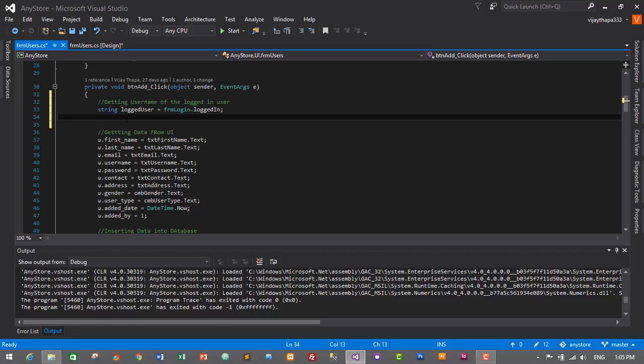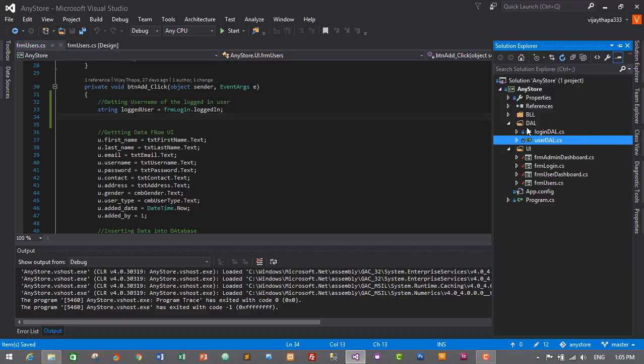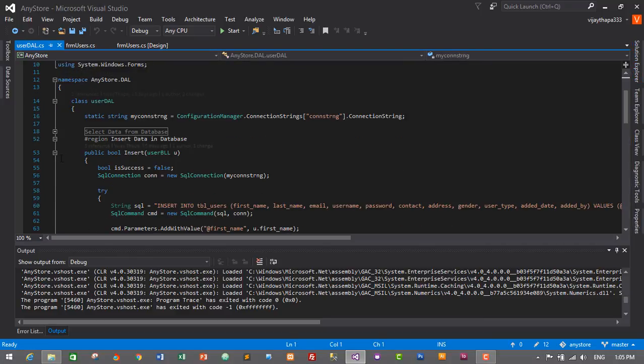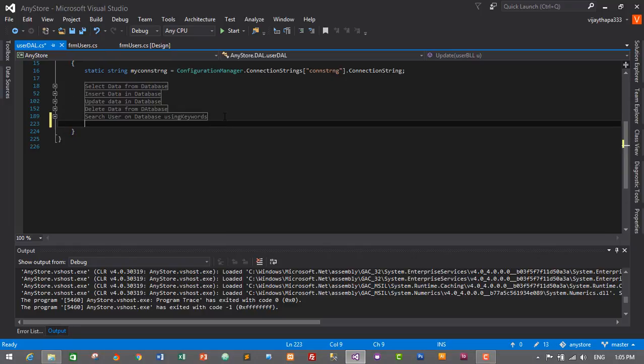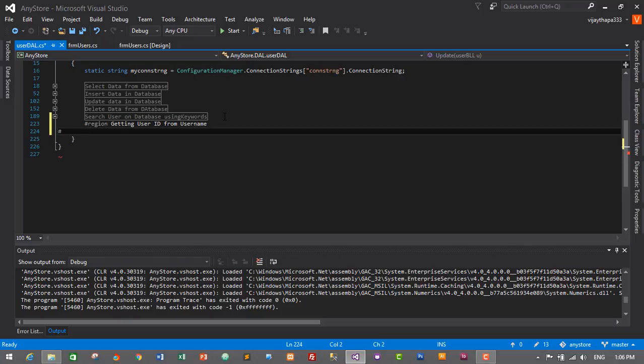username. In order to do that, we need to go to user DAL. Just go to Solution Explorer and go to user DAL, and we need to create another method. So I will create another region, getting user ID from username, in the region. Now we need to create a method. So let's write the code, which is